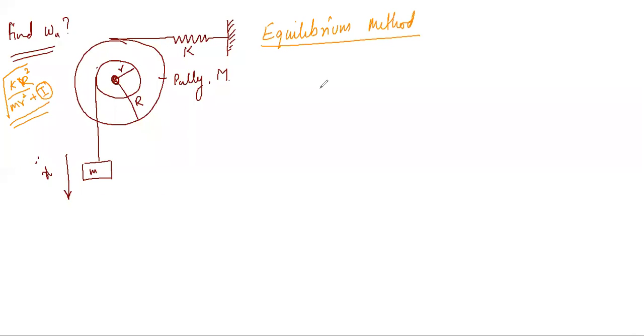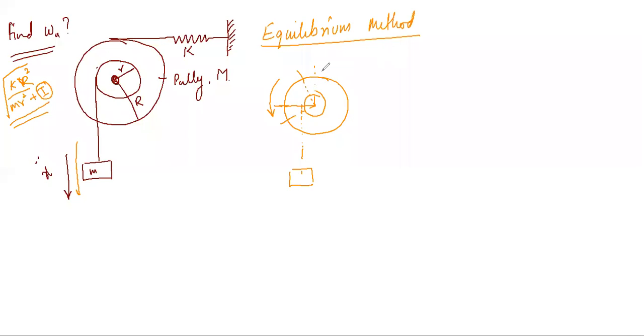In this equilibrium method, the foremost important thing is to draw the free body diagram. So let's suppose I'm going to draw a free body diagram for this question. Suppose this is moving in this particular direction, anti-clockwise, and that is why the mass moves in the downward direction. So this mass is again attached here, right? And if this is moving in this clockwise direction, it means we have given a small displacement to this.